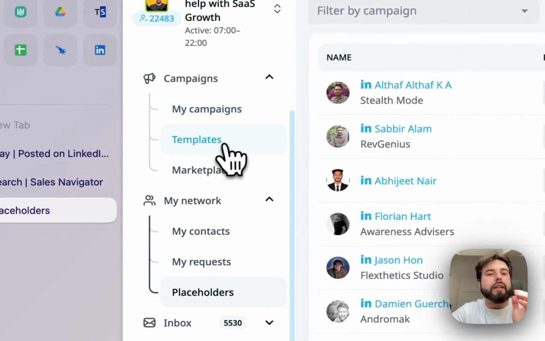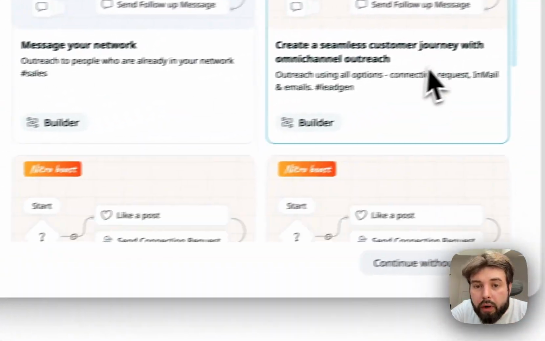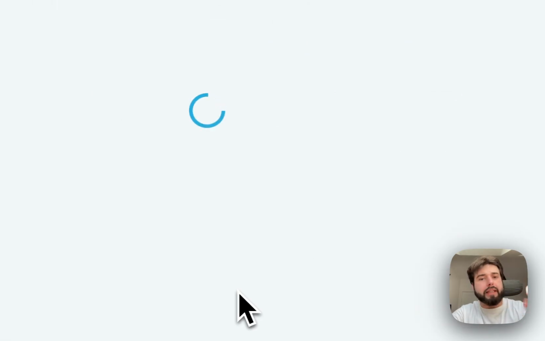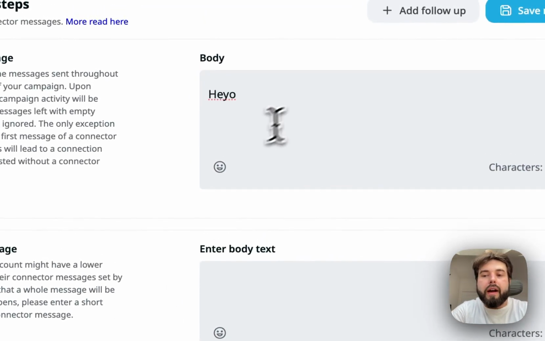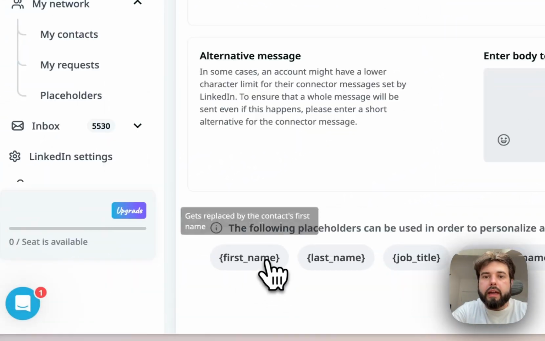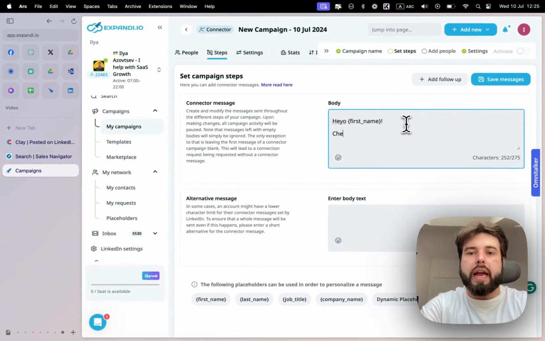Now, whenever we go and create a new campaign, for example, we go to campaigns, we click new campaign, and we want to create it without a template. It's going to be a connector campaign, just a basic connector campaign, something where you're reaching out to people with your message. And we're going to say, hey, first name. Saw you on my LinkedIn feed recently,